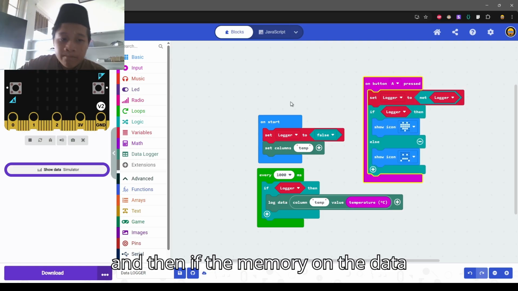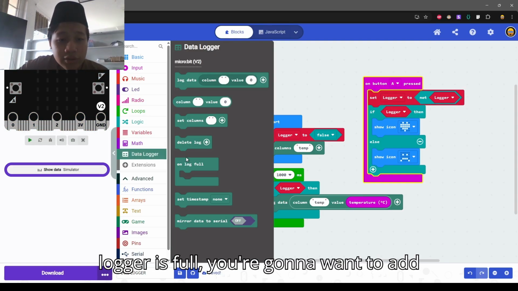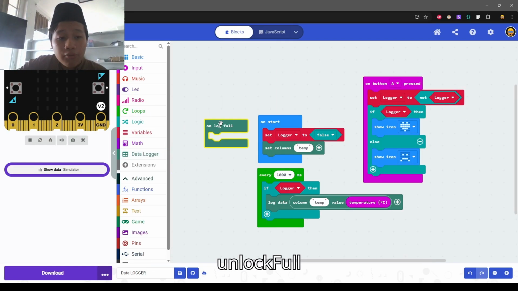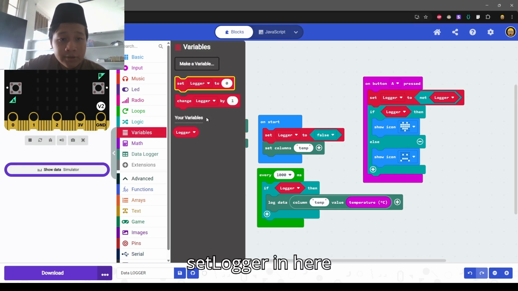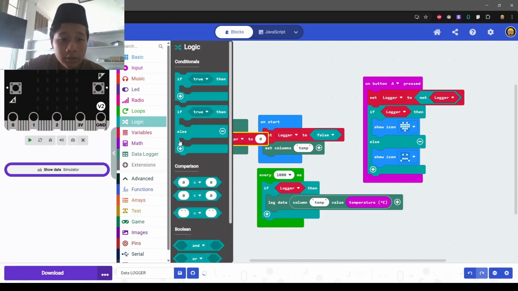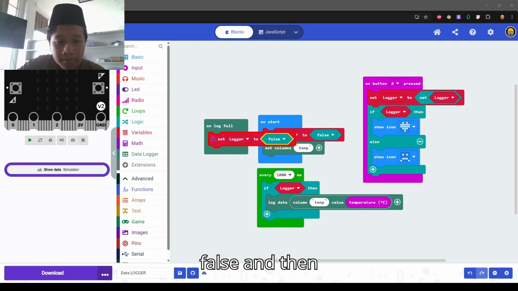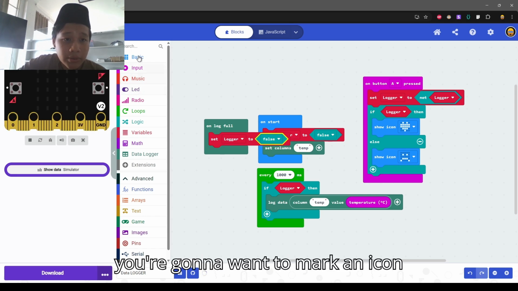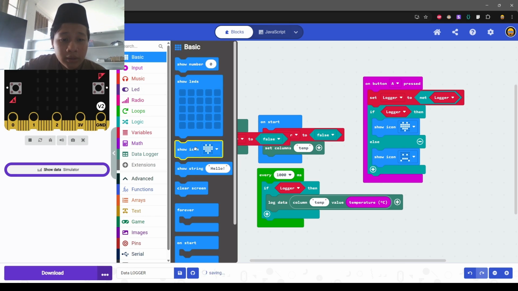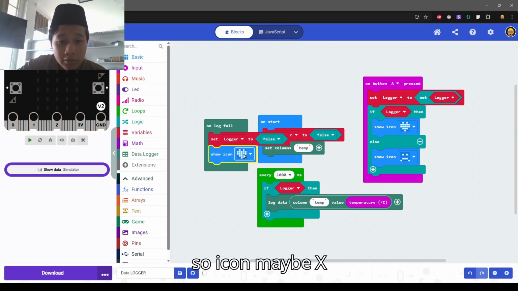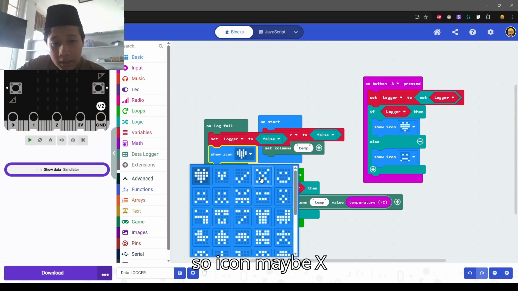And then if the memory on the data logger is full, you're going to want to add on log full, set logger in here to false. And then you're going to want to show an icon, say show icon, maybe X because it's full.